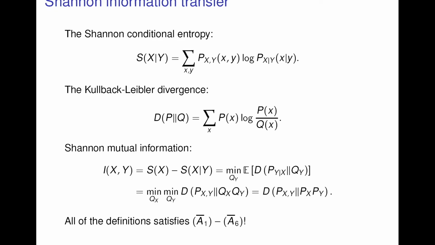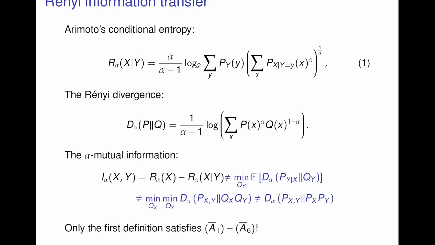Now, the next step in choosing the measure will be to go to the next generalization. So if we remember this map, Shannon is generalized by Renyi, and then Renyi is generalized by Sharma-Mittal entropy. So let us do the first step from Shannon to Renyi. And if we try to do the same with Renyi entropy, we will come into a problem because the generalization of Kullback-Leibler divergence, which is Renyi divergence, does not have such nice properties as the Shannon one. Some properties are lost